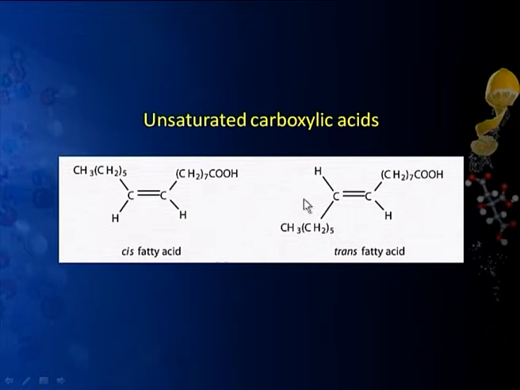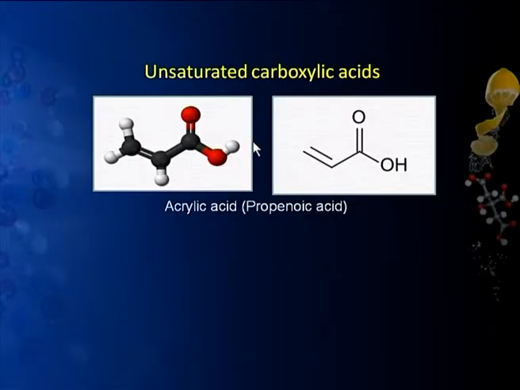So we will not discuss these long chain unsaturated carboxylic acids in our discussion today. We shall take up only those carboxylic acids where the pi bond is next to the carboxyl group. These acids are generally called alpha beta unsaturated carboxylic acids, because this is the carboxyl group, this is the alpha carbon, this is the beta carbon, and the simplest example of this type is called acrylic acid.